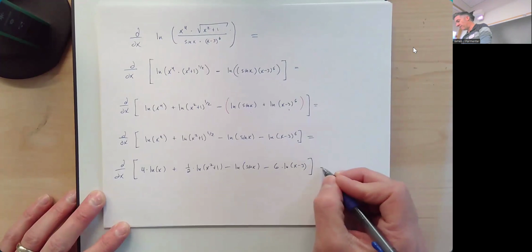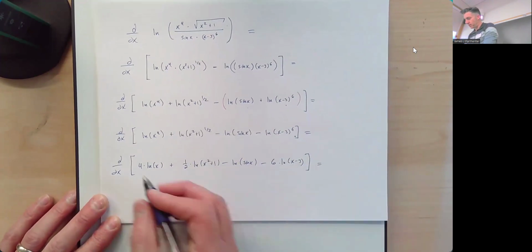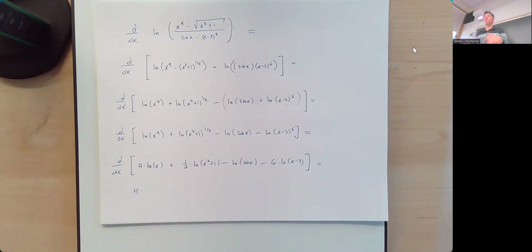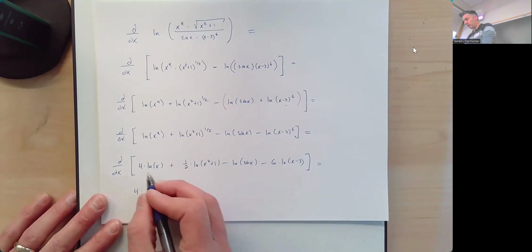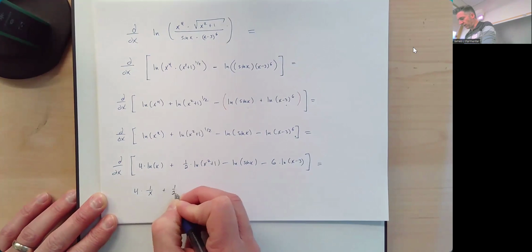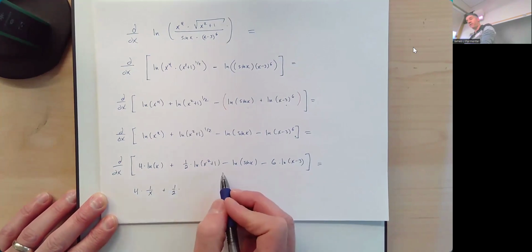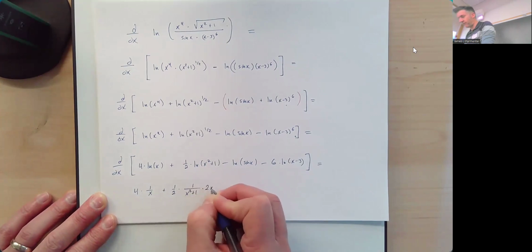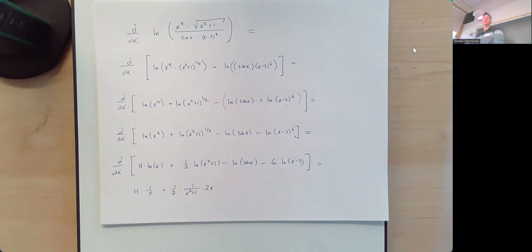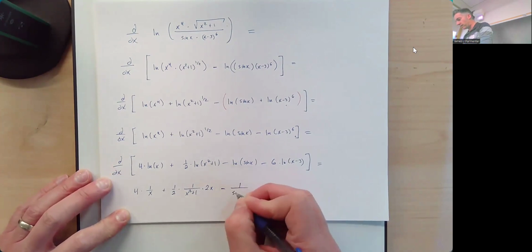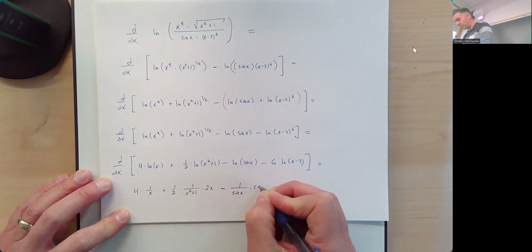So now we finally get to actually take the derivative here. Notice I'm not going to write the d dx symbol anymore because I'm taking the derivative. I'm doing the thing it's telling me to do. The derivative of the natural log of x is 1 over x plus 1/2 times the derivative of the natural log of some stuff, which is 1 over the stuff times the derivative of the stuff. So 1 over x squared plus 1 times 2x to the first, minus the derivative of the natural log of sine of x, which is 1 over sine of x times the derivative of sine of x, which is cosine of x,